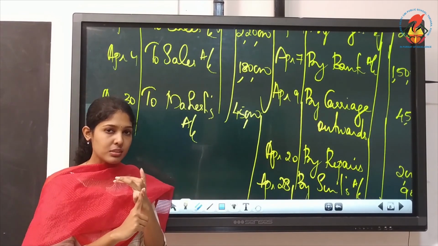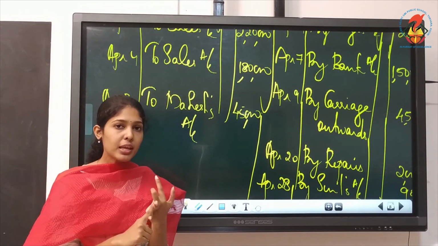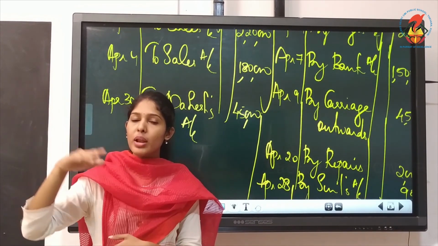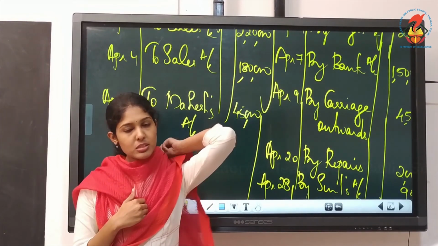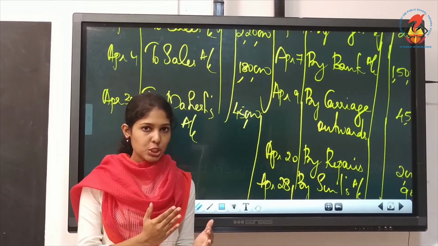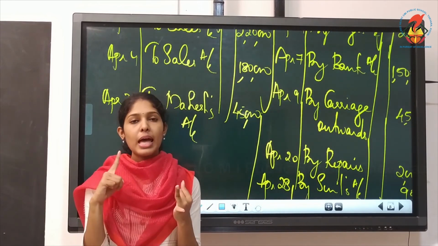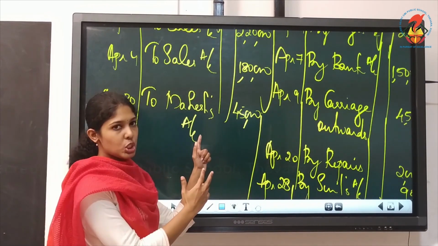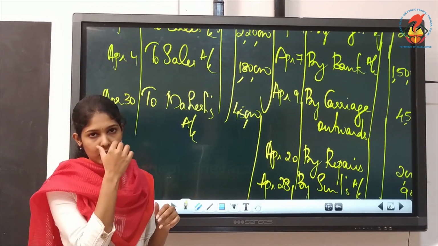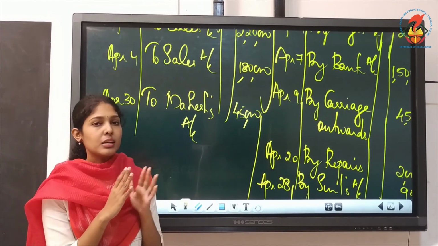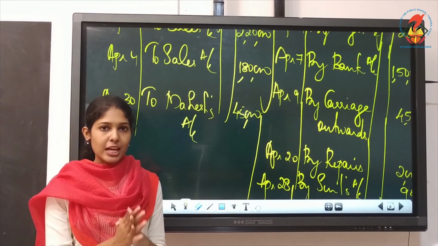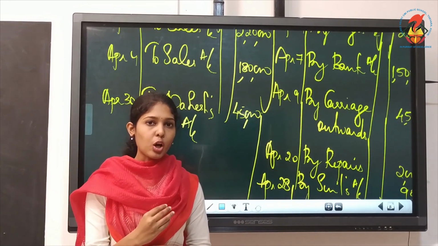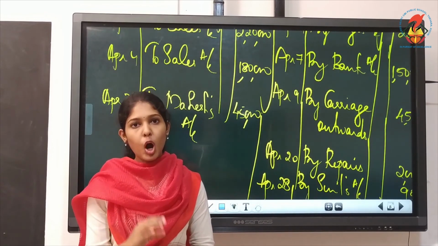Because discount received and allowed will be recorded in journal proper. That is why we are just ignoring discount allowed and received amount. Understood? Otherwise, you have to consider that also. But in cash book, since discount allowed and discount received are not considered, you can just see what is the cash you received. Directly you can record it. Okay, so practice this single column cash book, or it is also known as simple cash book, where we'll be recording receipts and payments of cash.